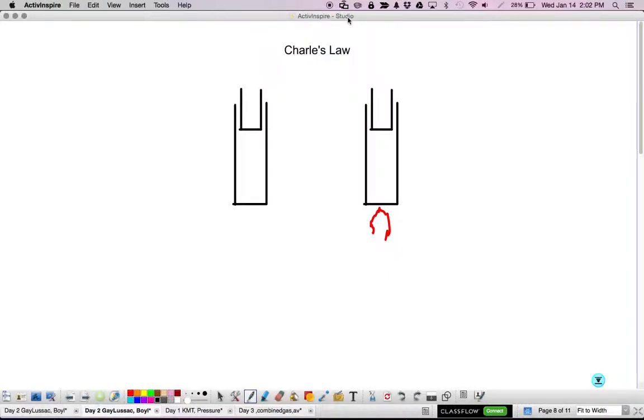Here we go with another one of the gas laws. So this is Charles's law. And here we're going to talk about this as if this is a magical syringe, where the syringe can move up and down so that the pressure outside, so the pressure out here, is equal to the pressure inside,